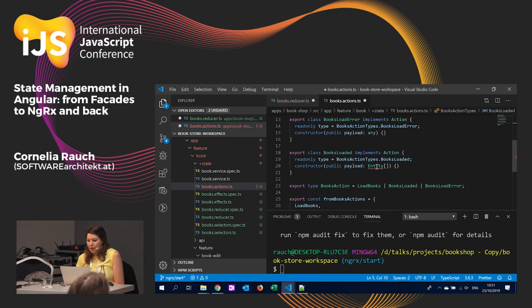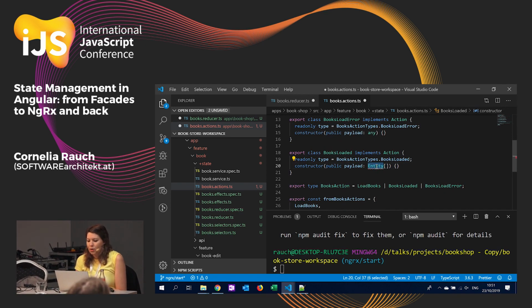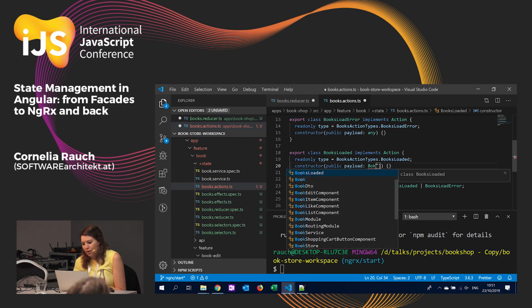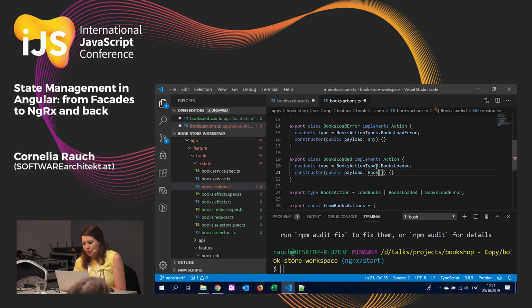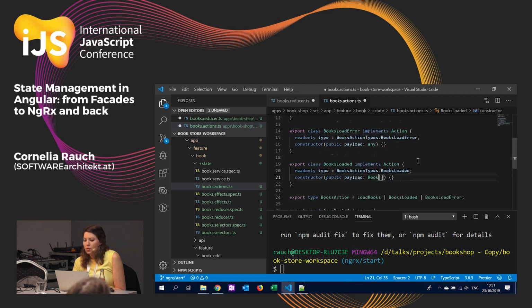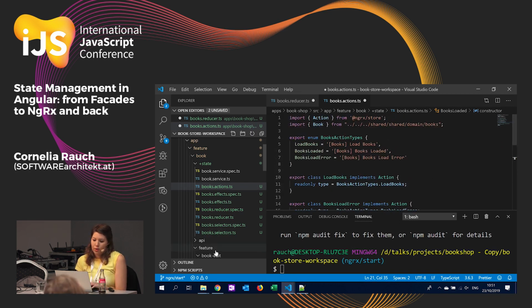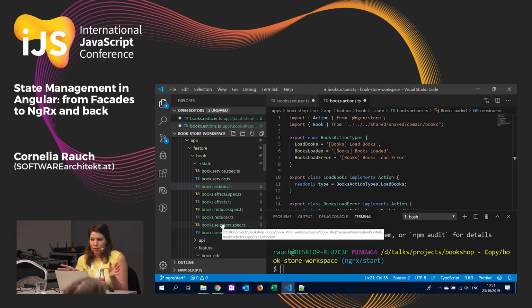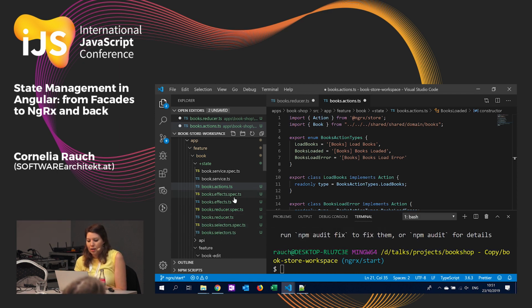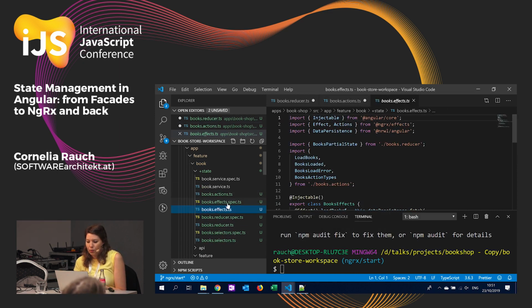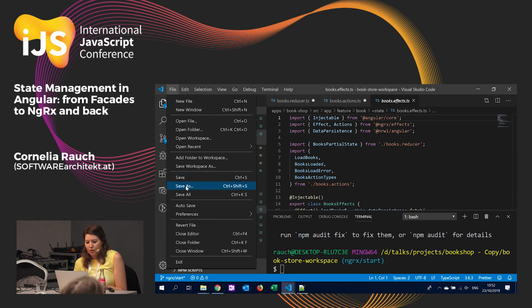And since I don't have the identity here, and I want a payload when I'm creating an action of books loaded that's going to be of a book array, I'm also going to replace this here. So this is a lot of code you can look at, so you can try it out at home. But what we are actually going to do is we have here an application. I'm going to save this,